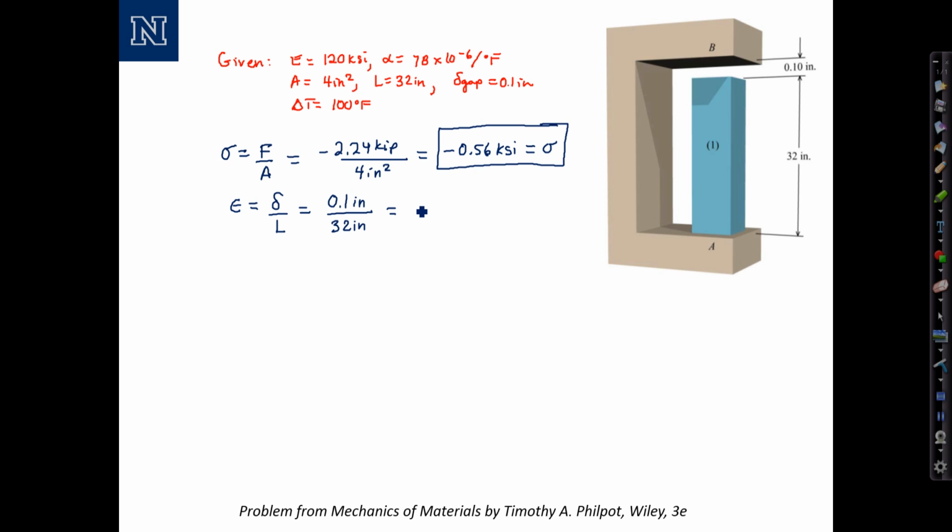That gives us a strain of 3.13 times 10 to the minus third. It's a small quantity as expected, and the units cancel. It is unitless as expected. So as far as a sanity check, both of these answers make reasonable sense, and that concludes this